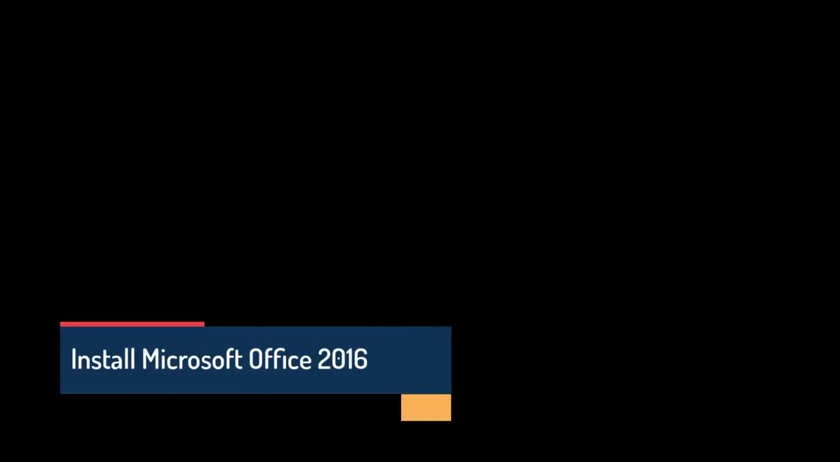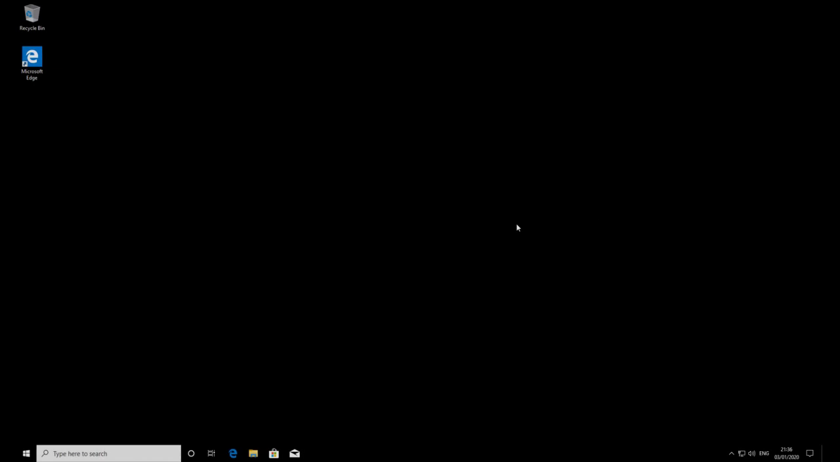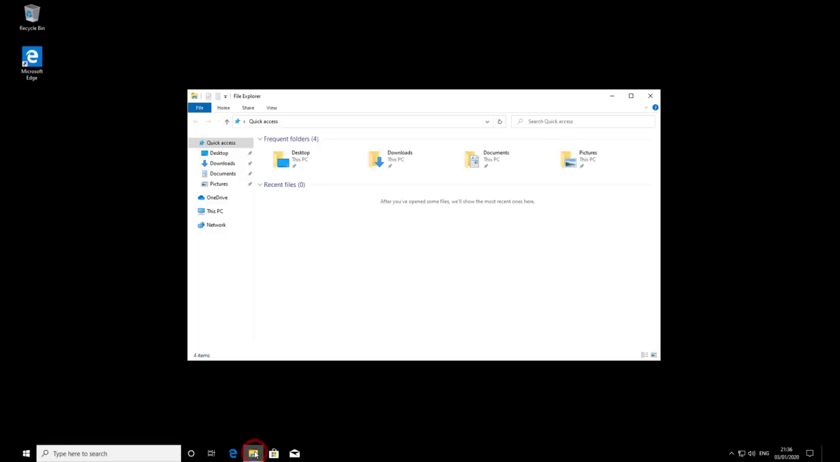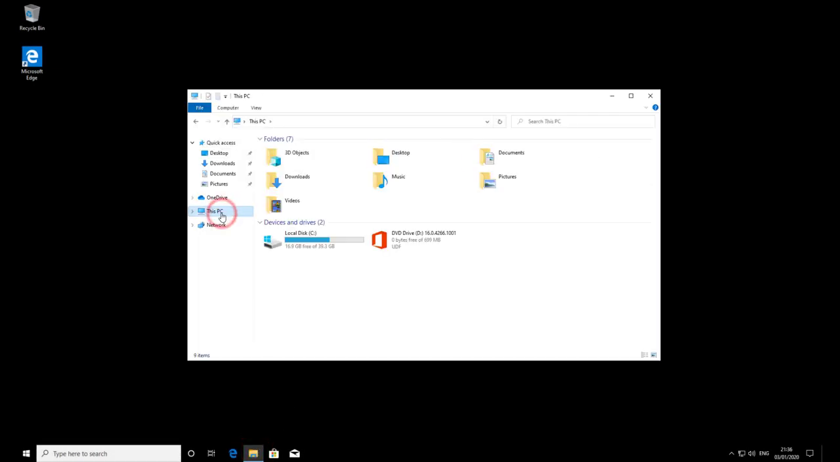So today guys we're going to be looking at how to install Microsoft Office 2016. So the first thing you need to do is put the DVD into the drive, or more than likely it'll be an ISO that you'll be looking at. Just download the ISO, as you can see it's in the DVD drive there. Double click on it